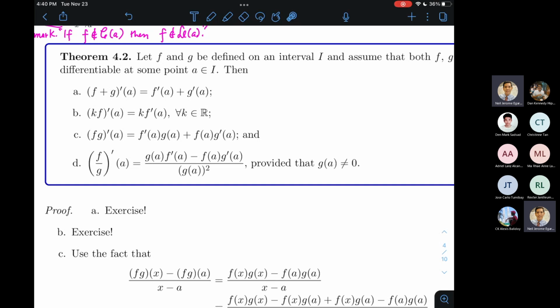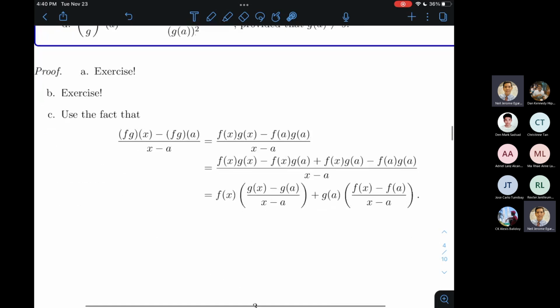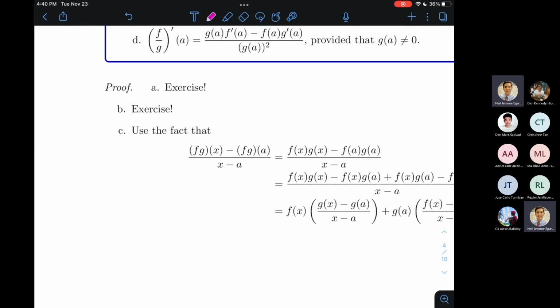Medyo tricky yung proofs ng product at saka quotient rule. I don't remember kung pinuprove pa siya sa elementary calculus, pero ito yung process niya. Meron ka na naman trick na gagamitin. Okay. So basically, ito yung difference quotient na mag-appear dun sa derivative ng, sa definition ng derivative ng isang product, right? Function value at x minus function value at a divided by x minus a. All right. Basically, actually, almost ito na yung proof.